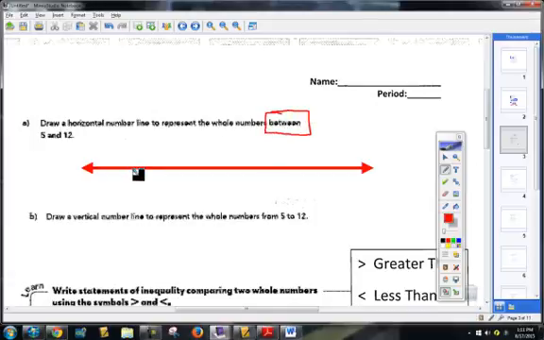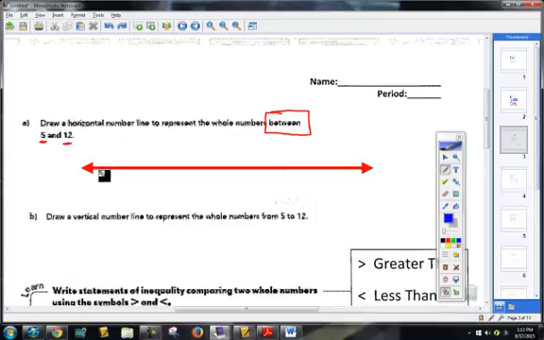Now I want you to take special note of that word between. What you've got to be real careful of is, since it says between 5 and 12, am I going to include 5 and 12 on my number line? Hopefully you're all saying no. Don't write this, because I'm going to erase it in a minute, but we wouldn't go like this. A number line like this would start at 5 and go to 12. So it would read, draw a horizontal number line to represent the whole numbers from 5 to 12. We don't want to know whole numbers from 5 to 12. We want to know all the whole numbers